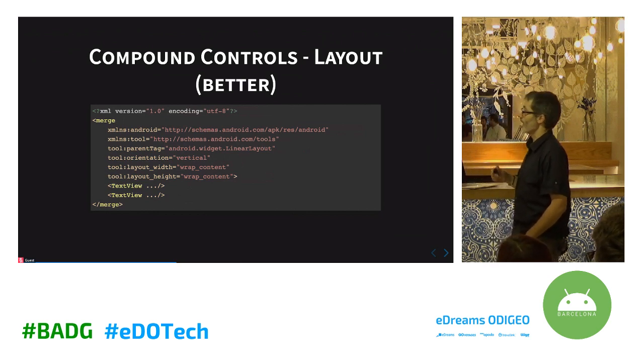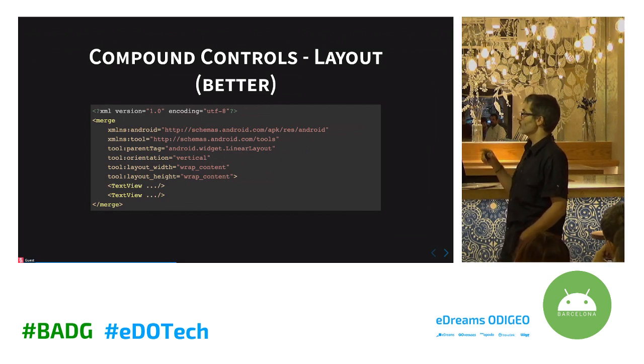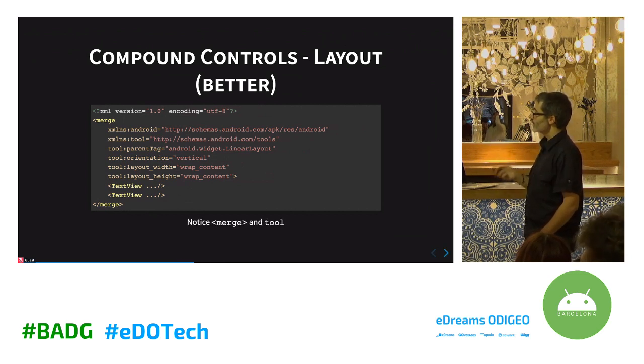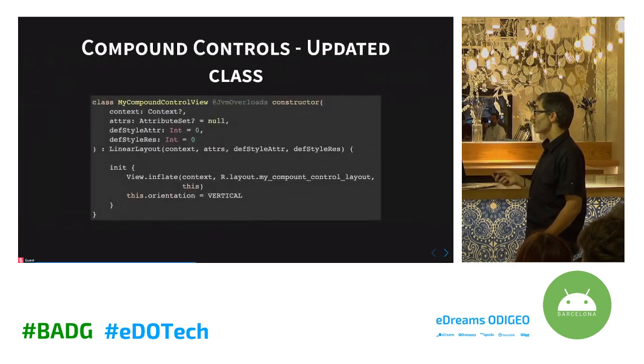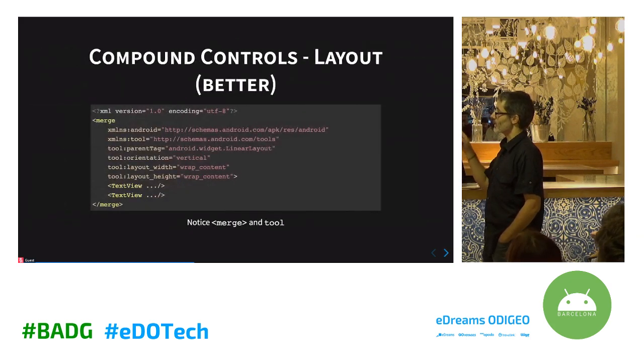view group, and there are a few things we have to do. In this case, basically what we are doing is we are changing all android: to tools:. This is to be able to use the preview, so we are able to see the result. But the problem is that then we need to, for example, in this case, we need to add this orientation in the initialization, because basically this merge is not merging these